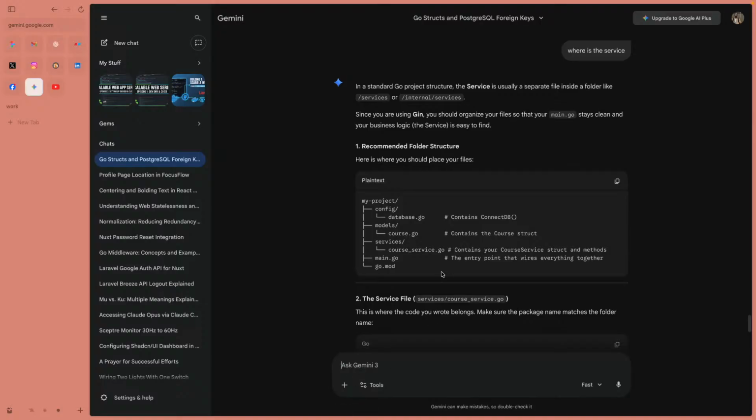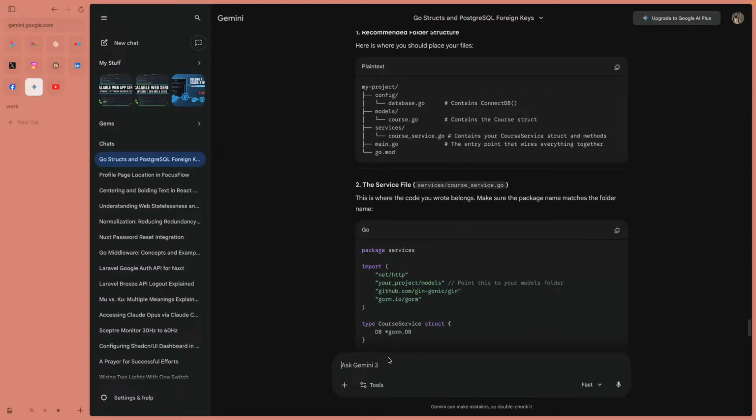Okay. So the service will be refactored into controller function later. Into controller function. Okay, so how can I